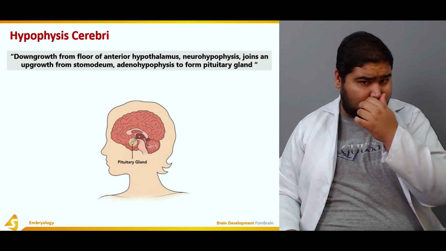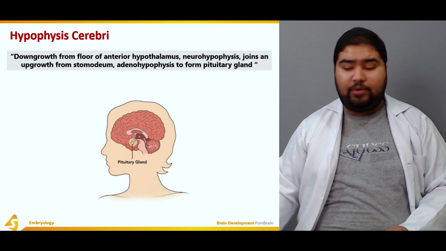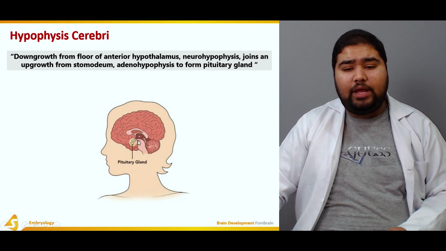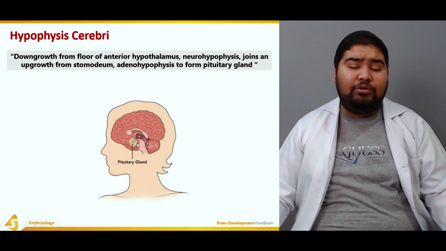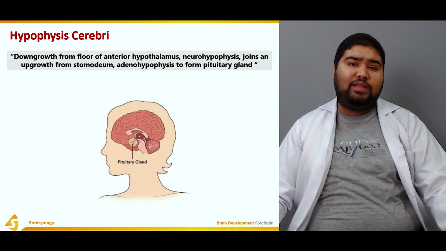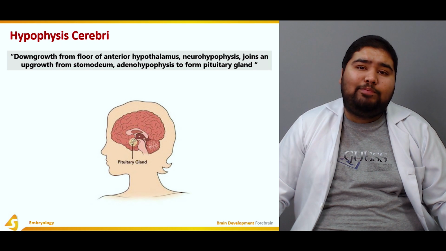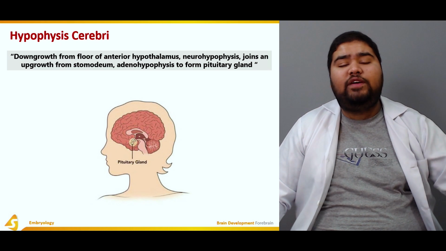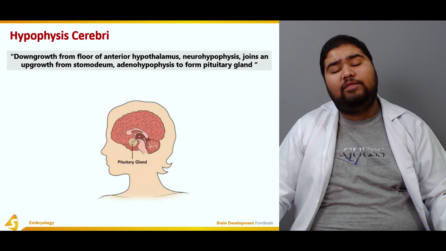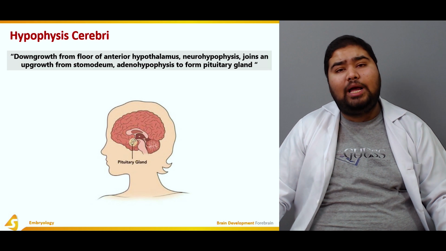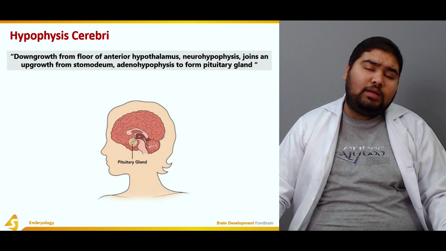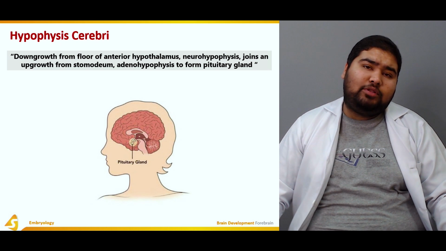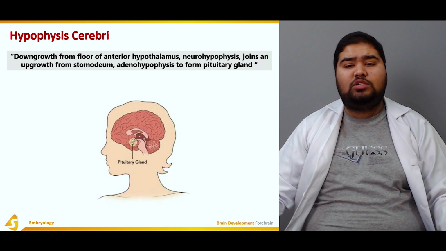Now let's move to hypophysis cerebri. So hypophysis cerebri, or the pituitary gland, this is the location of the pituitary gland. It is a downgrowth from the floor of the anterior hypothalamus. So the ventral portion that lies below the hypothalamic sulcus forms the hypothalamus, and from the anterior hypothalamus there is a downgrowth which is known as the